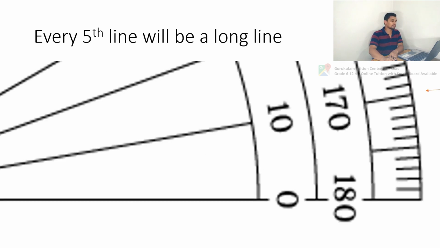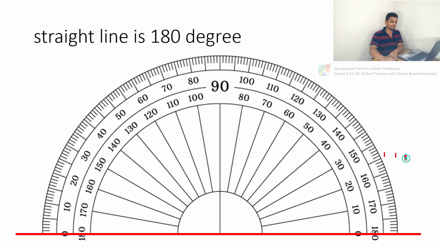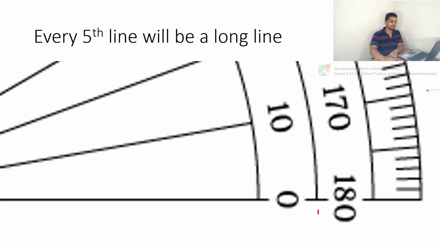The next thing we have to understand is how to count in a protractor. This is a zoomed version of this figure. This much portion we have zoomed here. When we zoom here, we can say this is 0. This line is 0, so we are counting 0 from here. You can count from both sides, depending upon the question. When we consider from here, it is 0, 1, 2, 3, 4, 5.